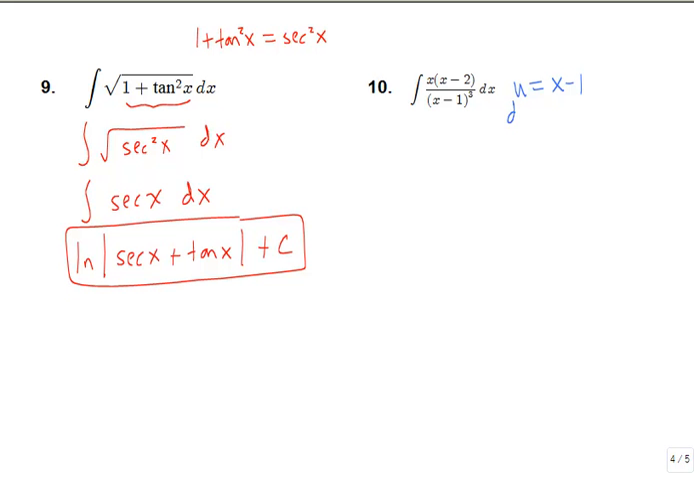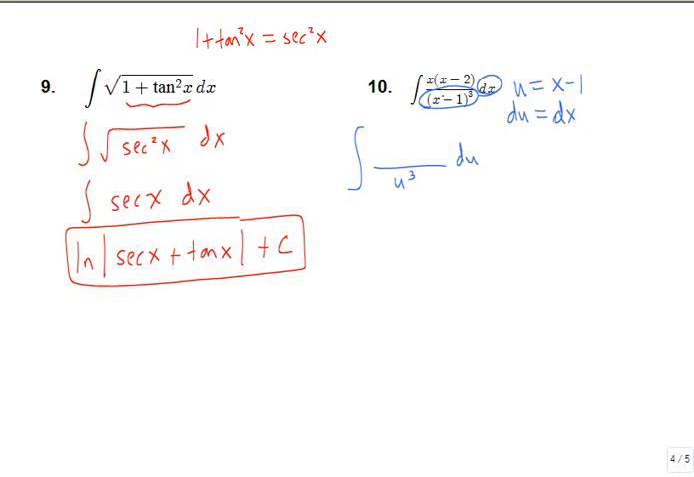Derivative of u is du. Derivative of x minus 1 is just 1 times our dx. So in this problem, du becomes dx. So let's see if we can start simplifying or substituting in. This is my u cubed. This is just du. So now I need to figure out what x and x minus 2 become in terms